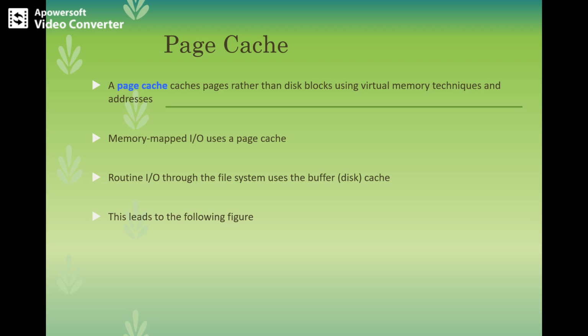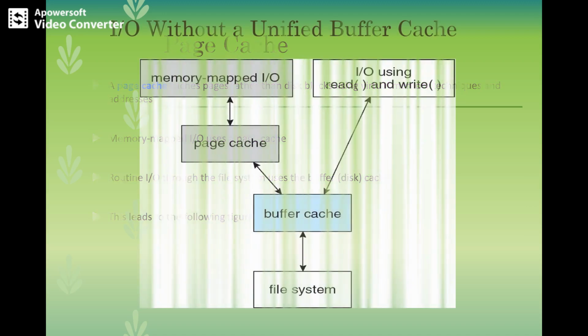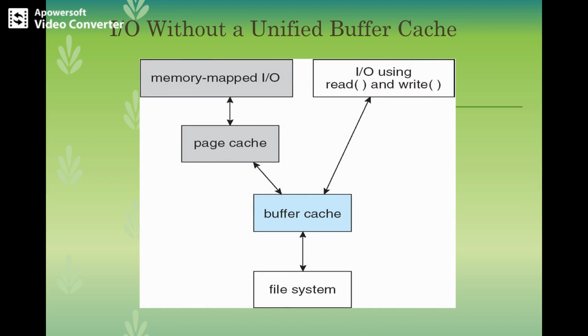Solaris kind of systems use a block cache and a page cache. The block cache is used for file system metadata, and the page cache is used for all file system data. So you can see this input output without a unified buffer cache, which I mentioned. What exactly is a unified buffer cache? There is a memory mapping system or IO which proceeds by reading in the disk blocks from the file system and storing them in the buffer cache.